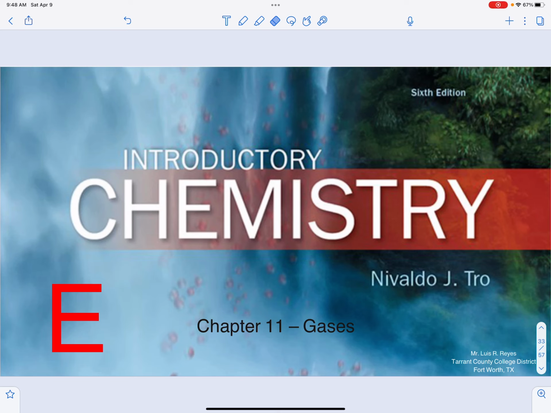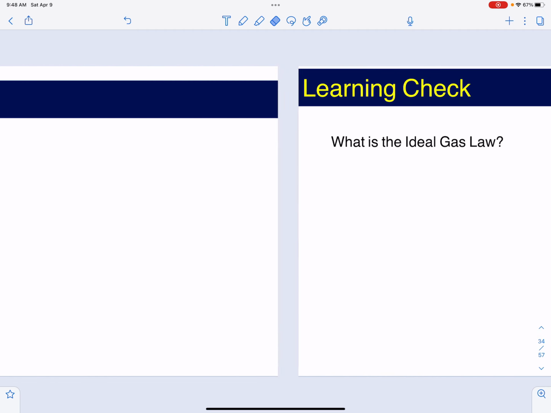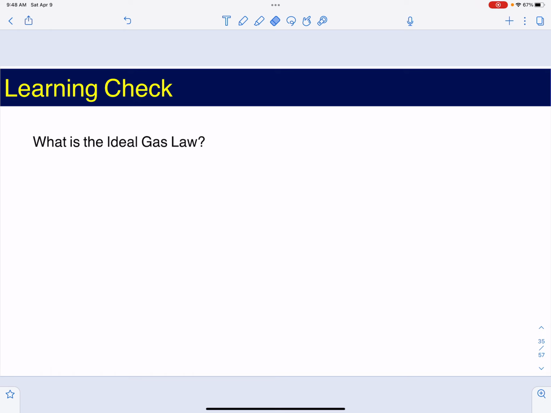Welcome back. So as promised, we're gonna move into the ideal gas law. And what is that? What is the ideal gas law? The ideal gas law is nothing more than a formula that assumes that a gas is behaving under ideal conditions, which are pretty close to the conditions that we usually have, room temperature, 1 atmosphere, and so on. So most of the gases follow that. So the ideal gas law is